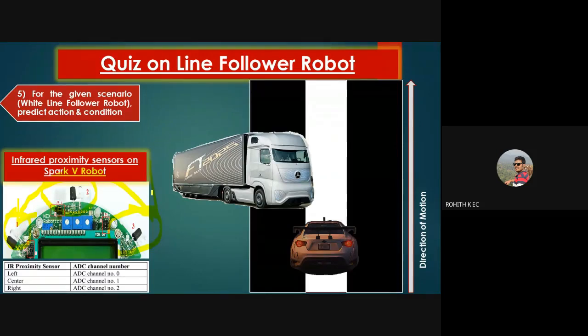There are some IR proximity sensors which have a wider coverage area. If that is the case, we can use a wider angle center proximity sensor, and that would be enough. But if the coverage area of your sensor is less, then we may have to use 3 proximity sensors. It all depends on the type of sensors and their coverage area or coverage angle.